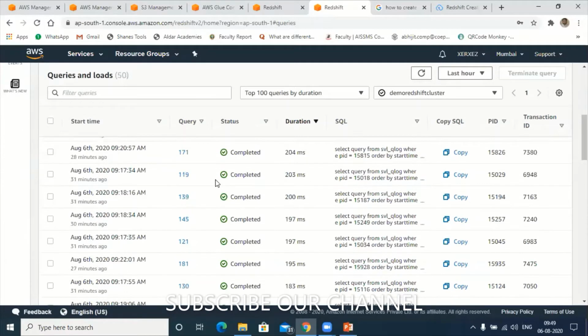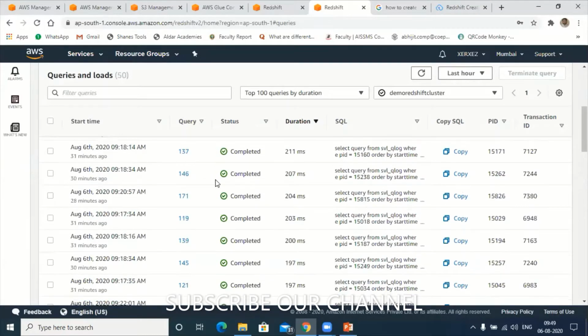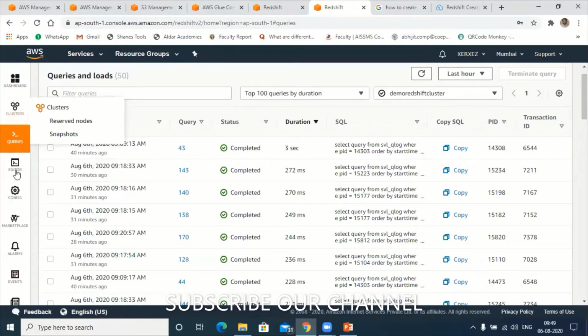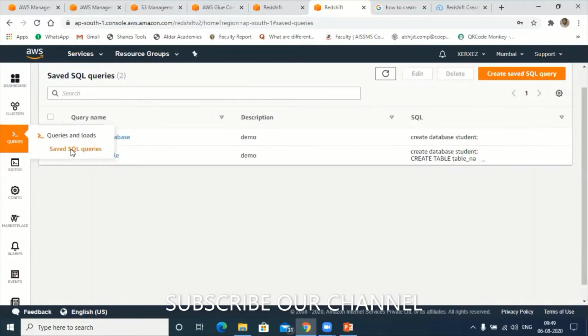This was what I was trying to run. Next is reserved nodes, queries and loads, saved queries. Let me check in saved queries.